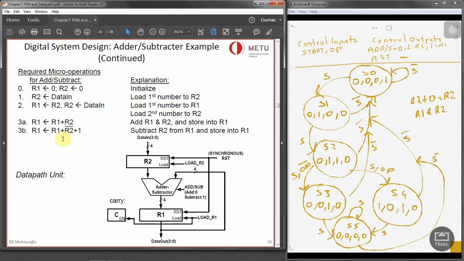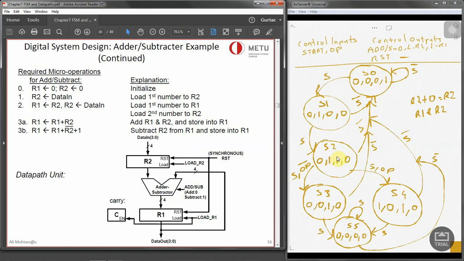So then if you want to do a subtraction, we have to have another state where we do a subtraction, but the op is now in the original form, not complemented. And we are not loading anything into R2. We are loading into R1 the result, and reset is 0. Again, start is asserted. If in any case start is deasserted, we have to go back to the reset state. And the last state, S5, we are not doing any operation. We are just holding the values over there forever until S is deasserted again, and we reset the system,